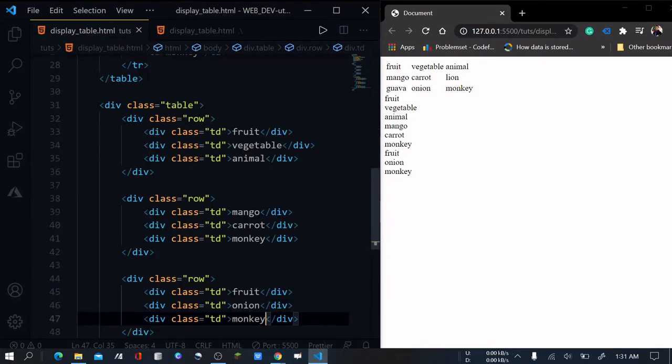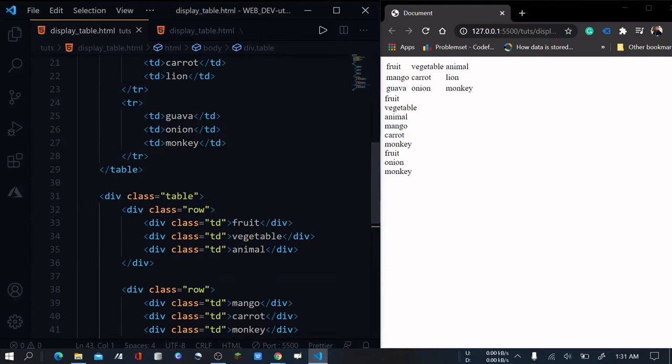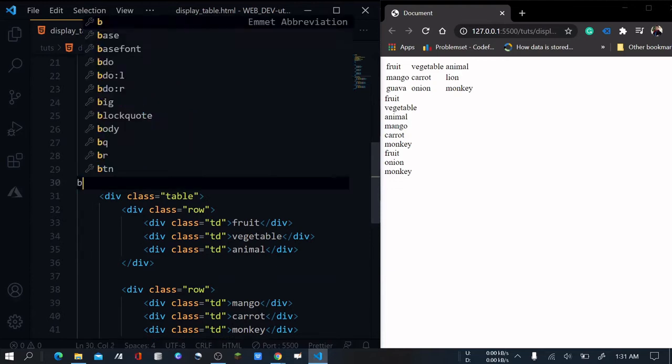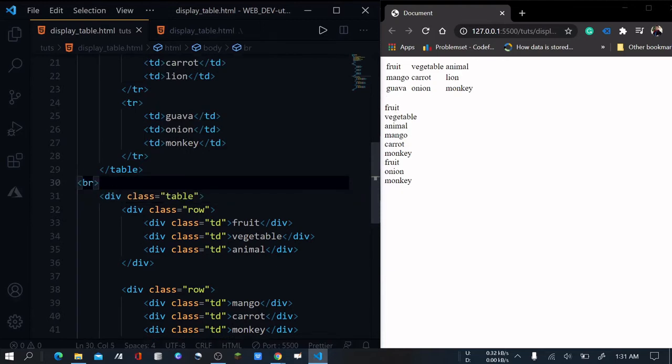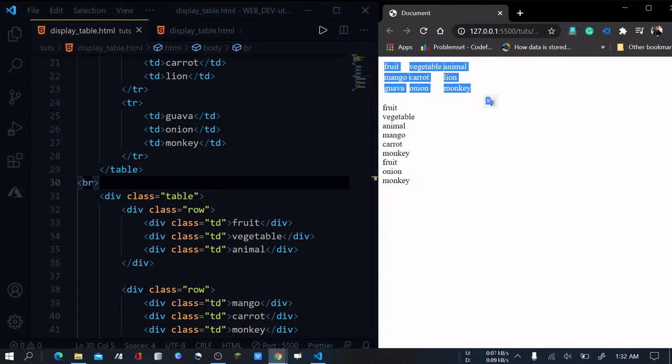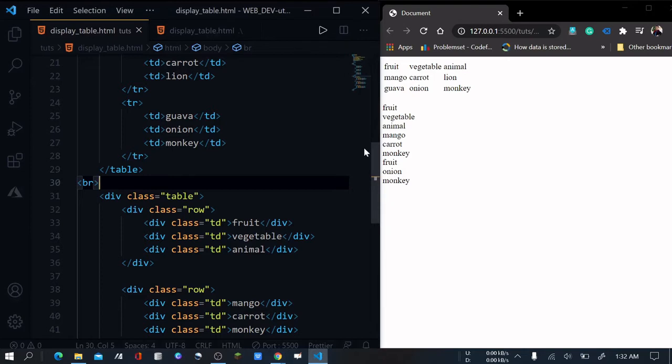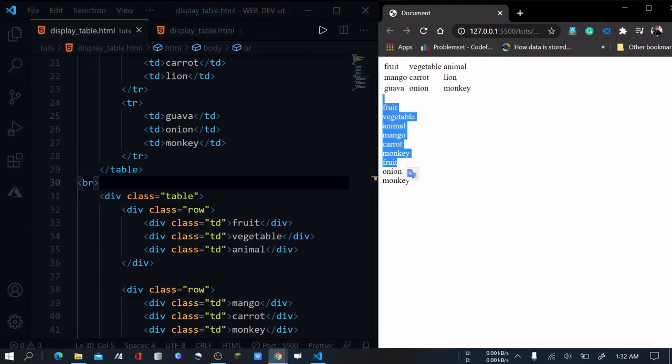Okay, we are done. I have filled the content. Let me give it a line break also so that you can see it clearly. Now as you can see, this is the content of the divisions, but this one and this one are somewhat different. I want this one to display like this.